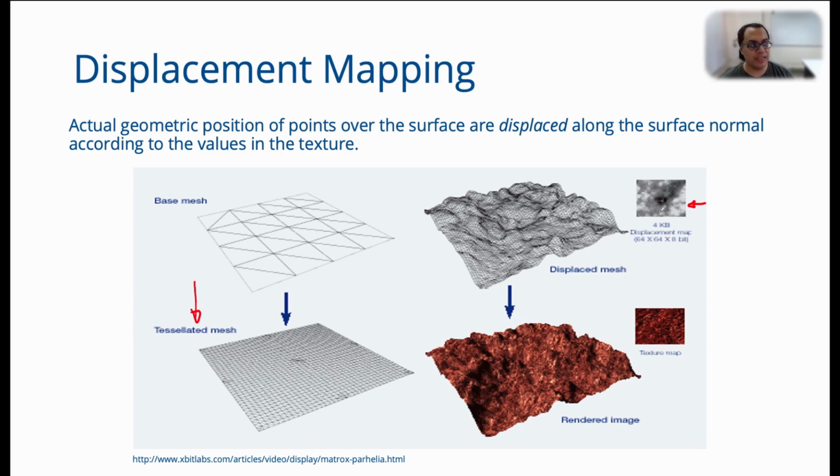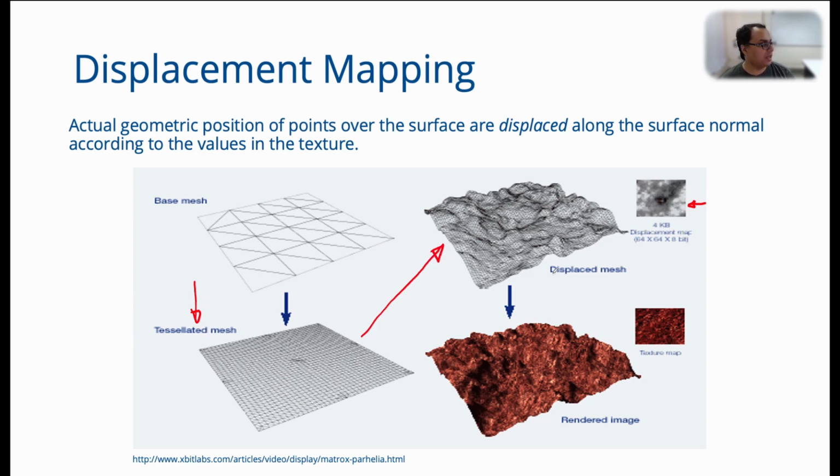If that pixel is colored brighter than the mean gray level, then it is considered to be higher in elevation than the mean elevation level. You apply this displacement map by directly perturbing the vertices of the high resolution tessellated mesh,